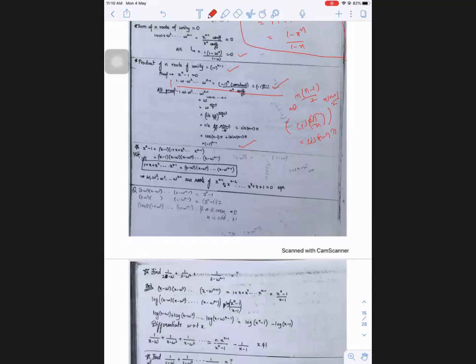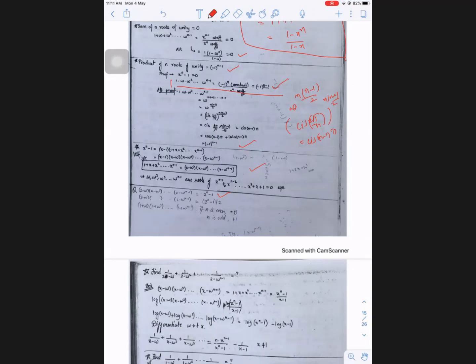And just now we discussed that (x - ω)(x - ω²) ... (x - ω^(n-1)) is always equal to 1 + x + x² + ..., this property. Which type of questions you will get based on this is like this: (2 - ω)(2 - ω²) ... (2 - ω^(n-1)). This type of question we will get by using the above expansion only. So if you write x equal to 2, 1 + 2 + ... + 2^(n-1). By using the GP formula, you will get that sum is 2^n - 1.